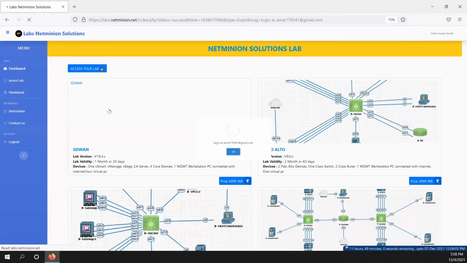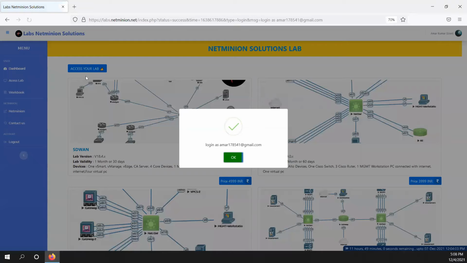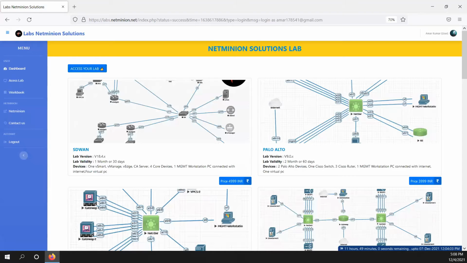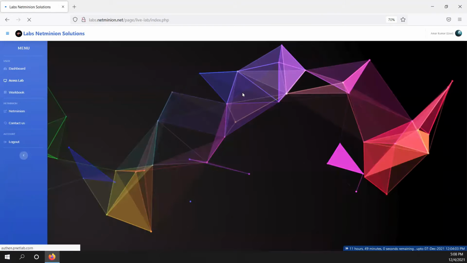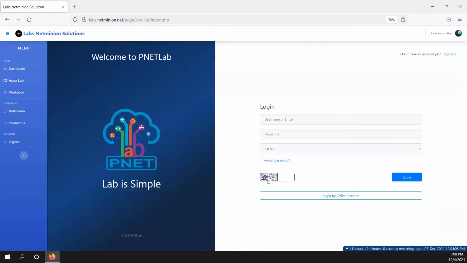Once you log in, you get the option for your lab access. When you click on access your lab, it asks you to log in again using your email ID.